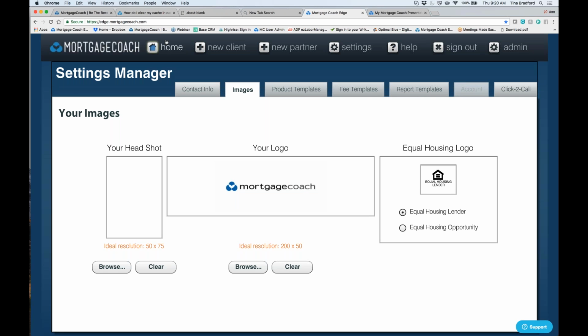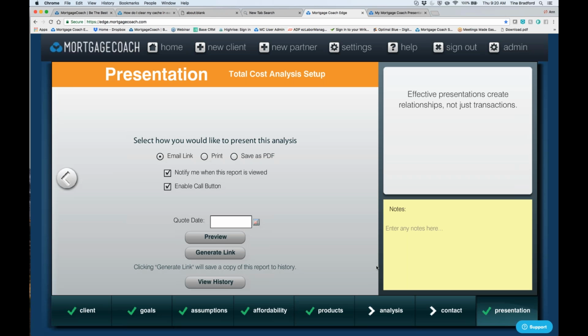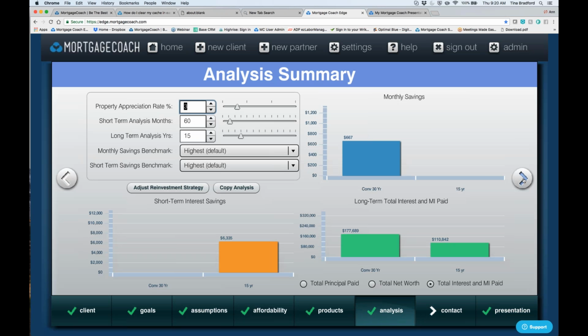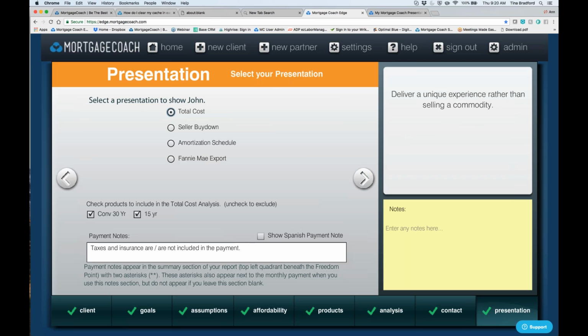Payment note area in the presentation. When you're adding your payment notes, we're going to go over here to analysis so I can just go forward. So here in the payment notes, it was limited. Now your limitation is actually 1,000 characters. So you're allowed to type in a lot more information than you used to, so you can get into a lot more complex, detailed information for your borrowers.